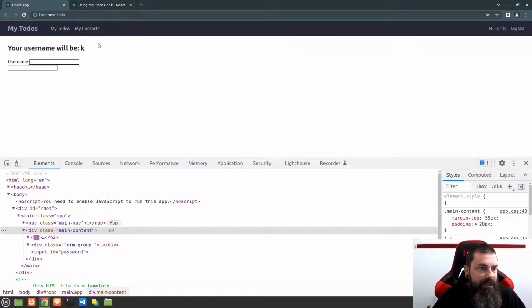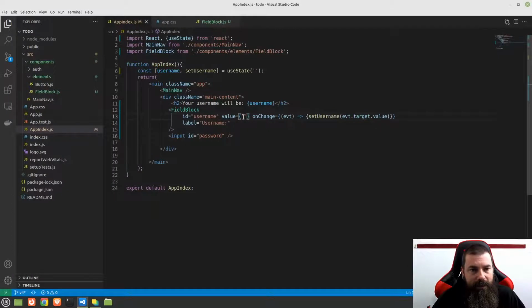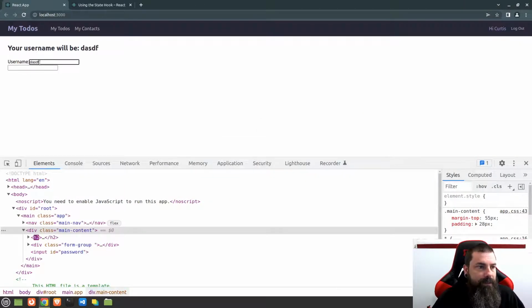You can see what I'm typing up here, but it's not doing anything because we're not telling it that its value is equal to that username state constant here. But now when I type, it's updating because of our state function, and everything else that needs this information has immediate access to it changing,